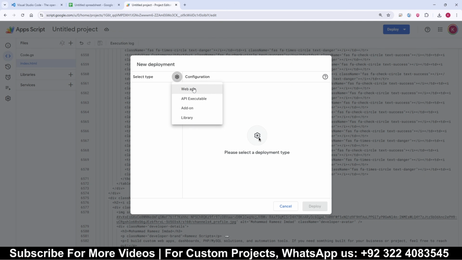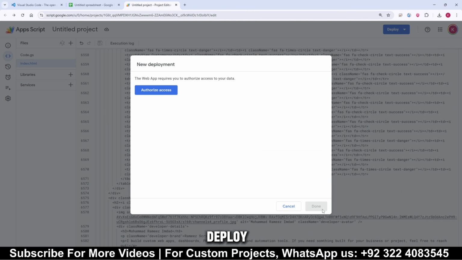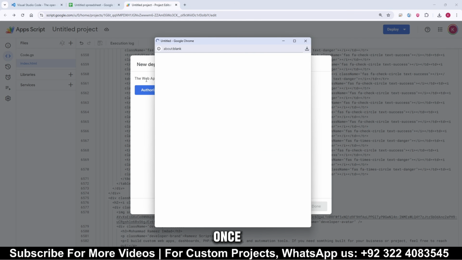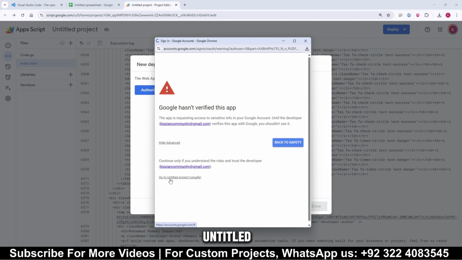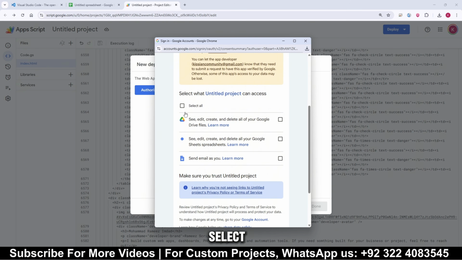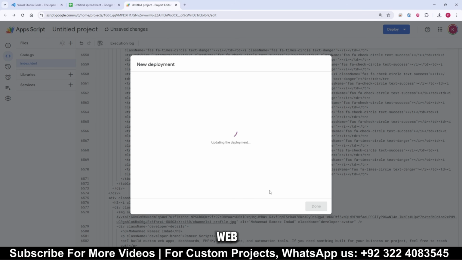Simply select this setting icon, web application, who has access anyone, and click on this deploy and authorize access. So once we authorize the access, it will provide us a public web app URL. We just simply click on this advanced, go to untitled project unsafe, select all and click on this continue. So now we will see the web app URL, and then we will set up the demo data in our